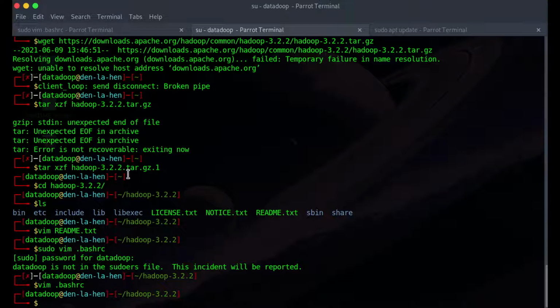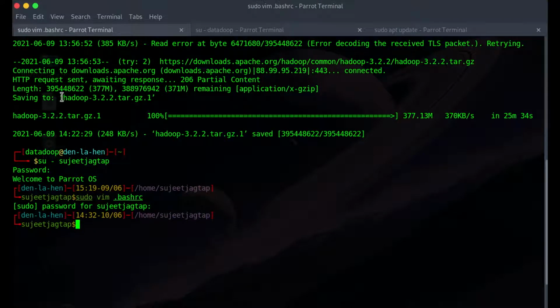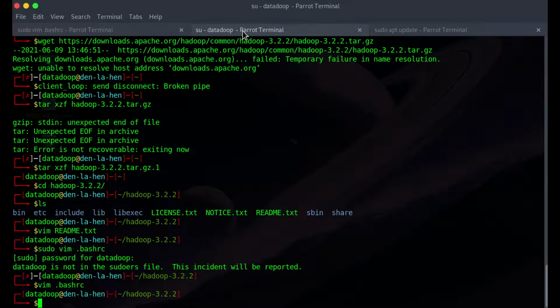So after your SSH is running and after your Hadoop installation is completed, you'll have to make a couple of configurations that we'll be seeing now.